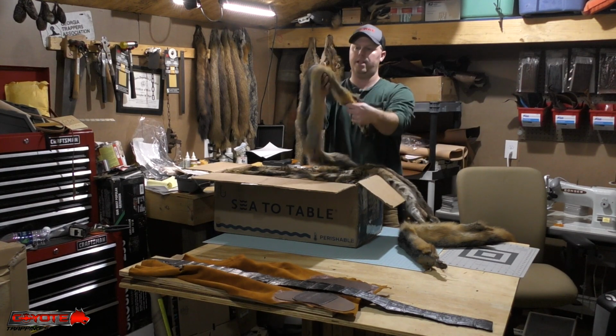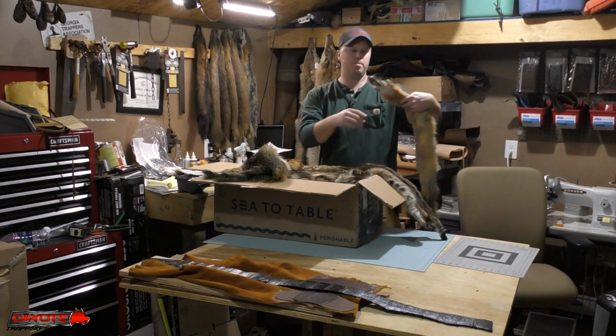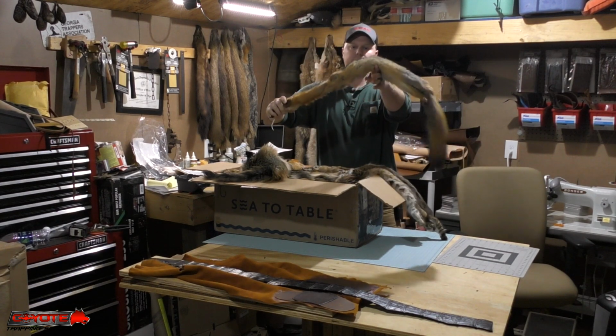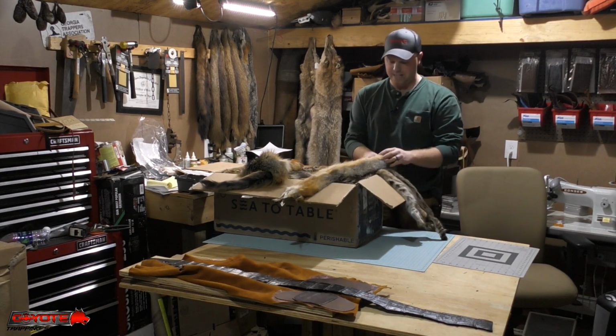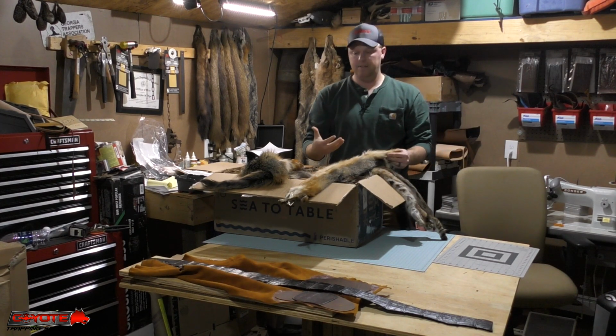So there, you can see that thing just drapes very well. And this is one of my home tan ones from several years ago, and you can see that neck is super stiff. It doesn't really drape at all. It's hard, and some of that is my fault. I definitely could have worked with these more to get them softer,